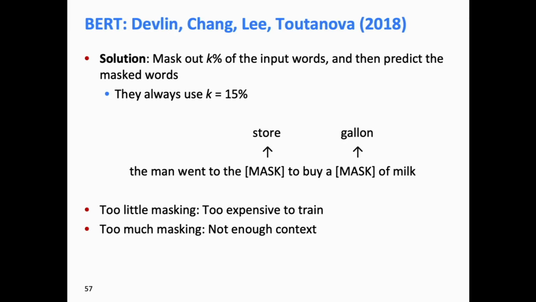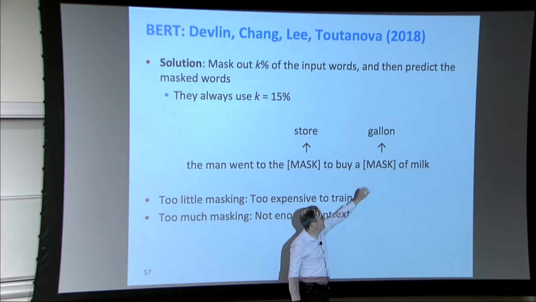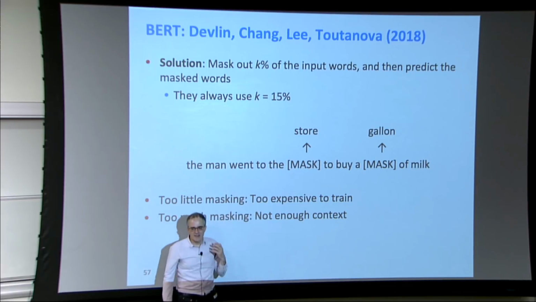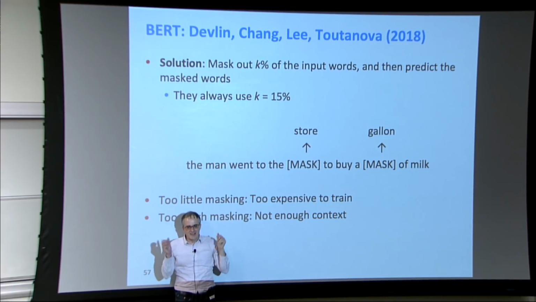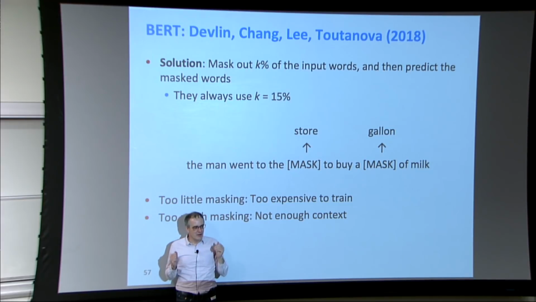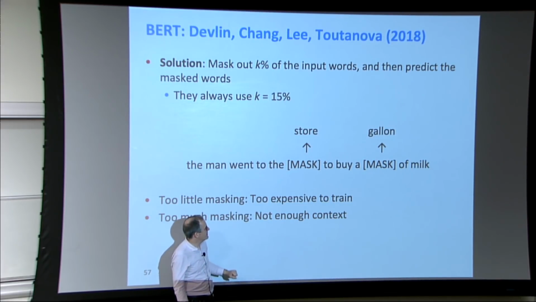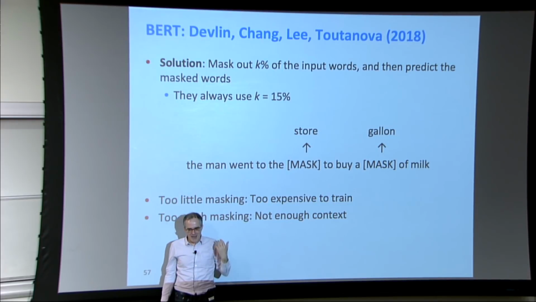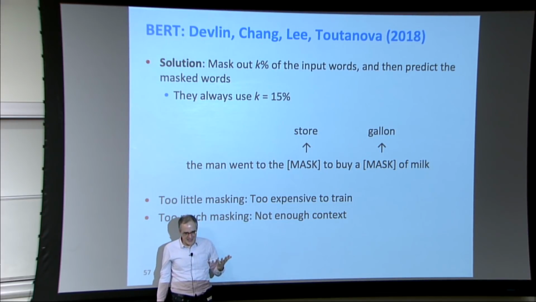The idea that they came up with is, we're going to train things with a transformer encoder, but what we're going to do is mask out some of the words in the sentence, like maybe we'll mask here store and gallon. Our language-modeling-like objective will no longer be a true language model generating a probability of a sentence, which is standardly done by working from left to right, but it'll instead be a Mad Lib style fill-in-the-blank